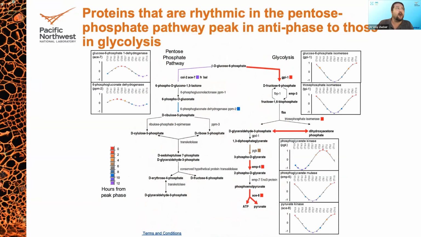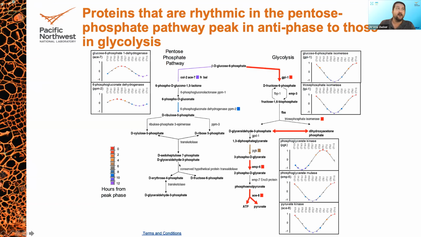Perhaps a more informative analysis is what happens when we take a look at the proteins that are rhythmic in the pentose phosphate pathway that peak in antiphase to those in glycolysis. So enzymes within the pentose phosphate pathway are shown here on the left, and enzymes within glycolysis are shown here on the right. And bolded and colored arrows denote enzymes that are considered rhythmic in our analysis. And the color denotes how many hours away it is from peak abundance. So at CT12, which is circadian dusk, it appears that glycolysis is at a peak, but pentose phosphate is